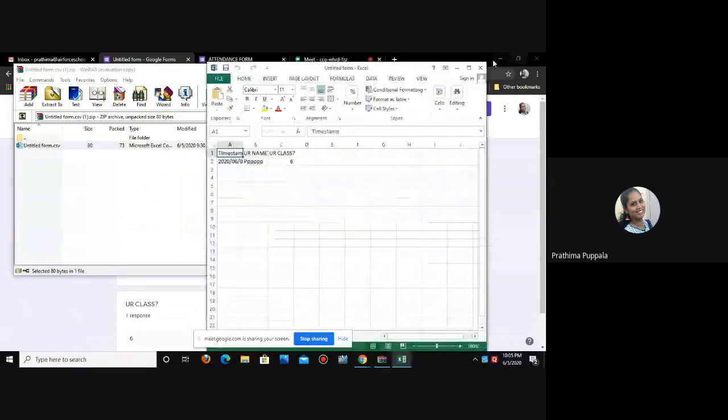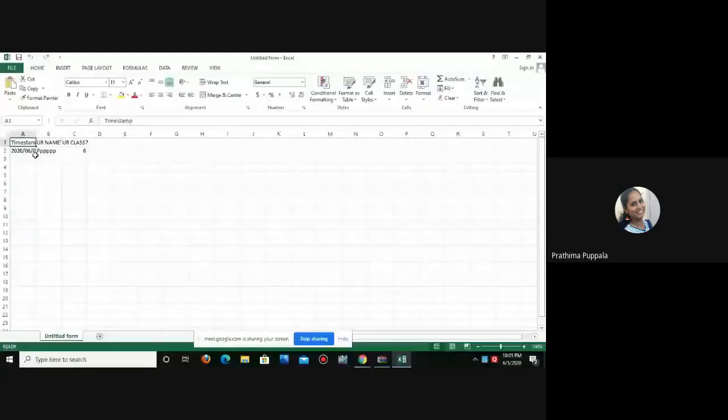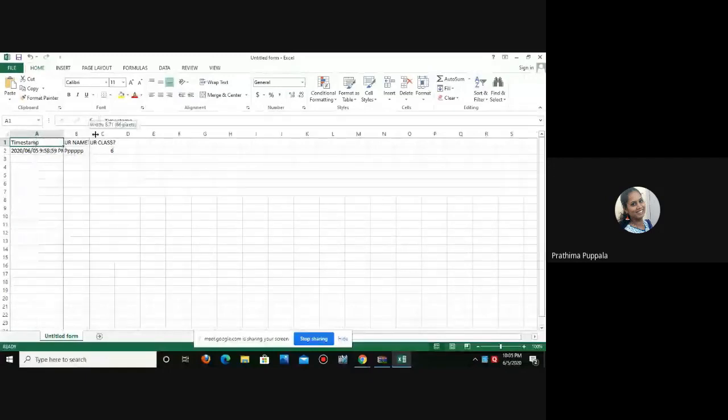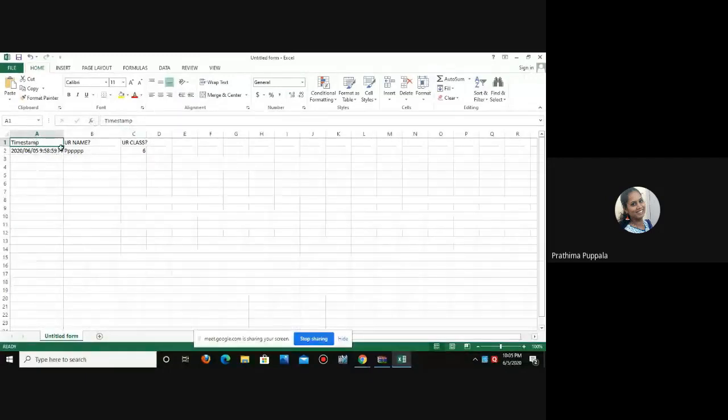See here, maximize it. Now the attendance form, I have saved the Excel file. We will get three columns here. Timestamp means at what time the student submitted the form, then the questions they have answered: your name, your class.